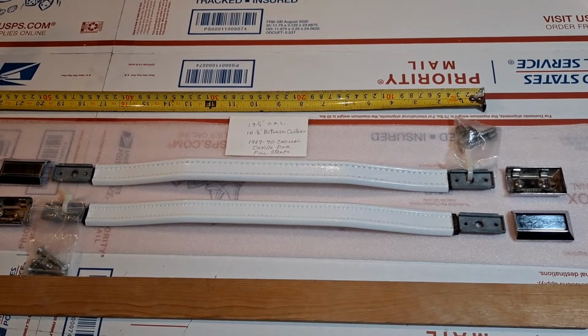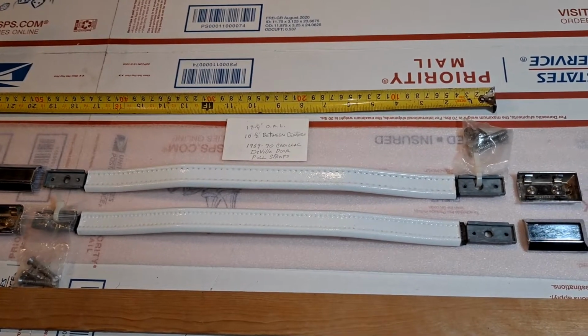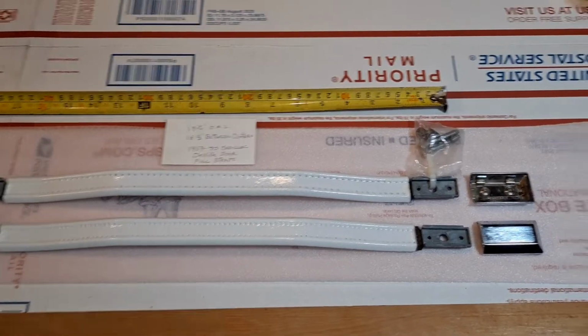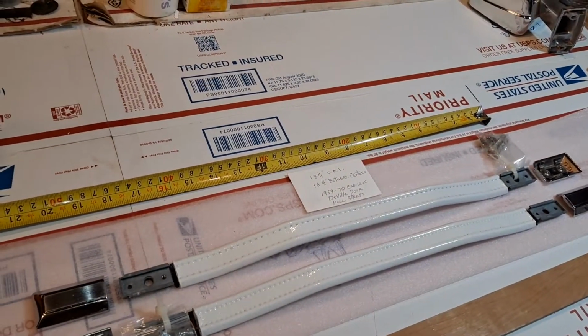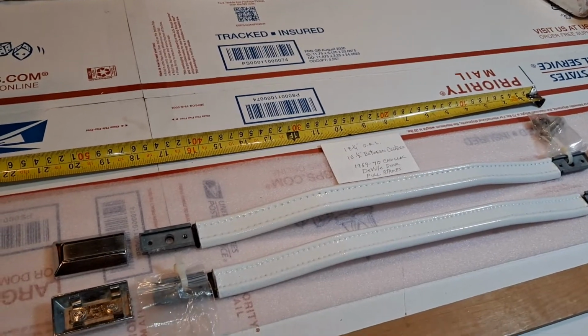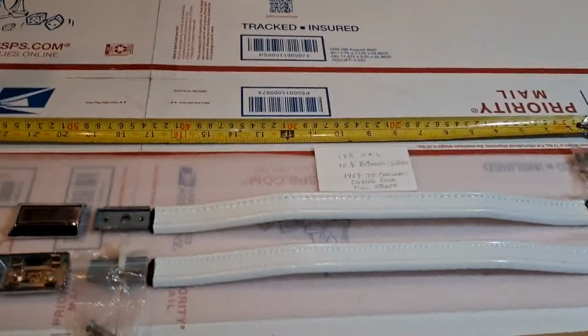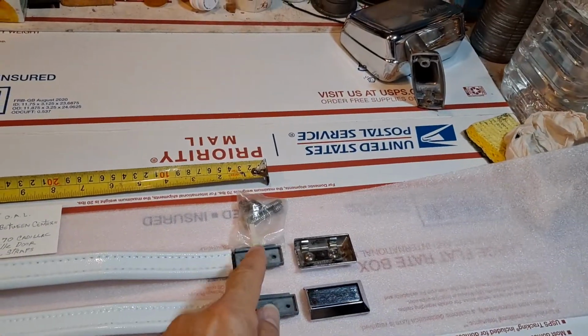This is the 1969-1970 Cadillac DeVille Coupe DeVille and DeVille Convertible front door pull straps. This is for the two-door coupe, which includes the convertible. In the 1969-1970, these pull straps were 18¼ inches overall length and 16½ inches between centers for the mounting